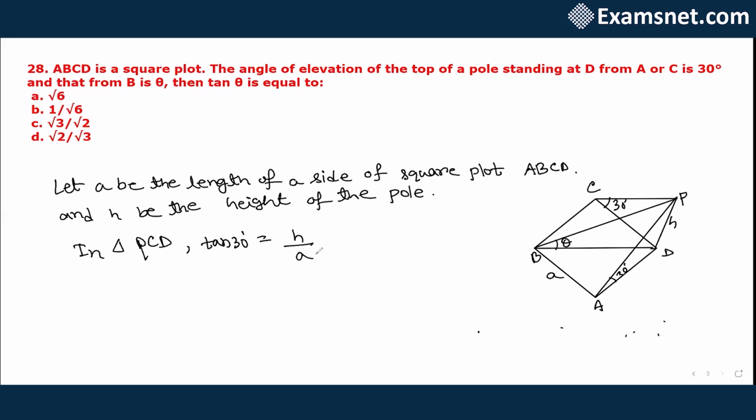So from here we can write that H by A equals 1 by root 3. Let's name it equation number 1. Fine. Next, in PBD, after considering the triangle PBD, we can write that tan theta equals H by,